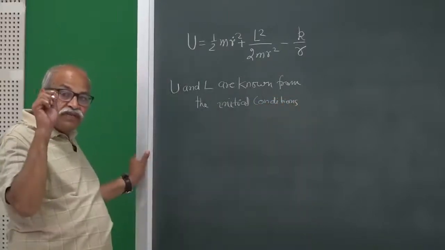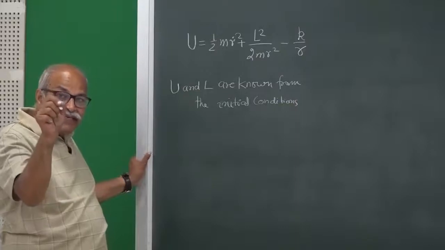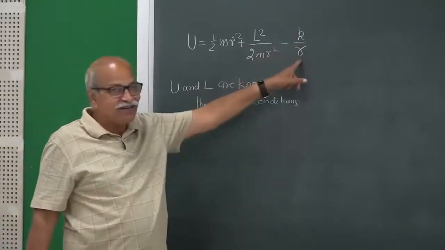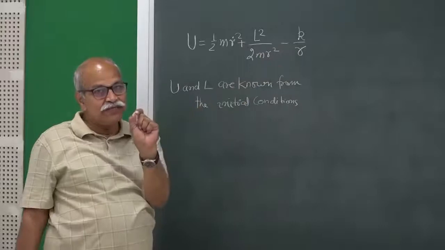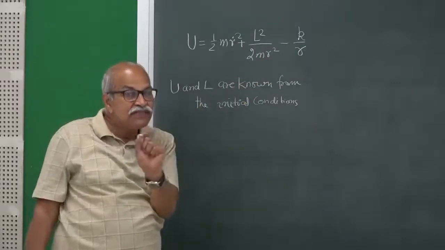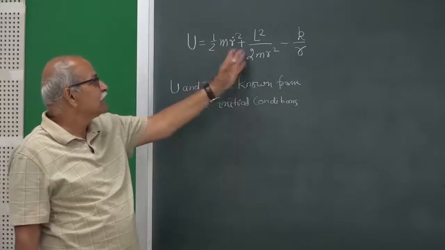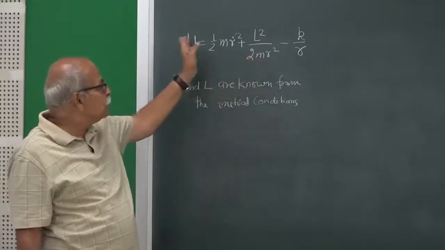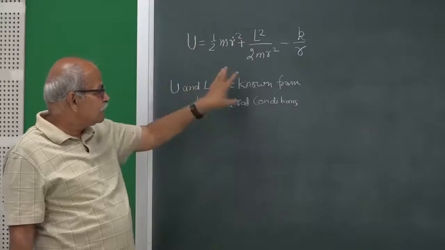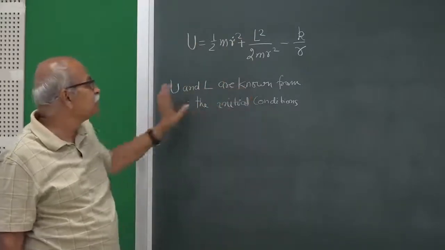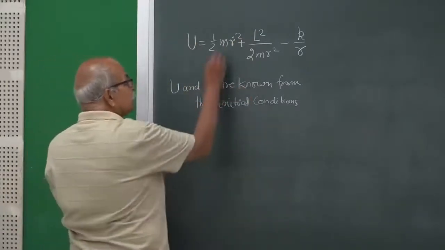Once you know initially where the particle is, you know what is k by r. Once you know what is the initial velocity, in which direction and how much is the speed, then you know this quantity, this quantity. So, U and L are defined from the initial conditions, all right, and therefore, you can